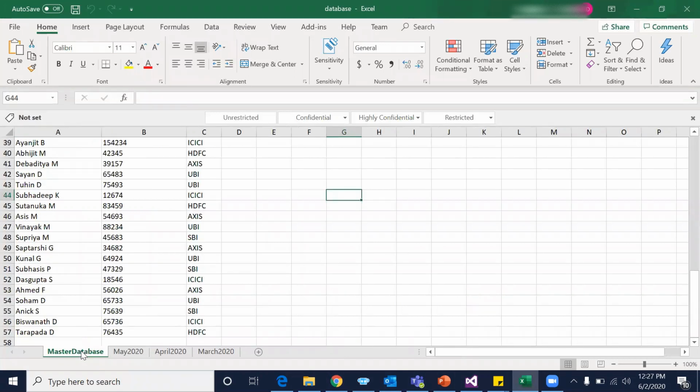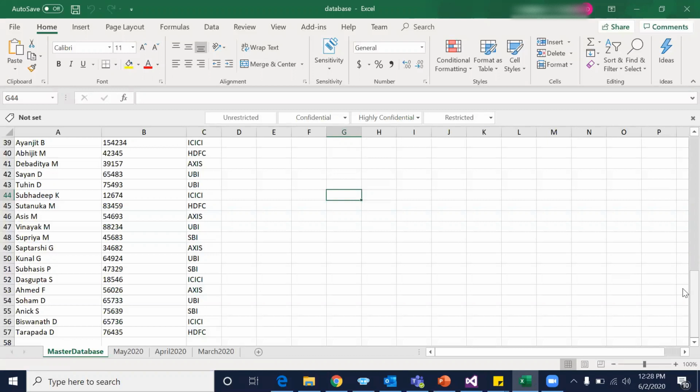Okay, so I have one master database. Master database means, suppose I have some 57 employees within our organization, but this is the master database.